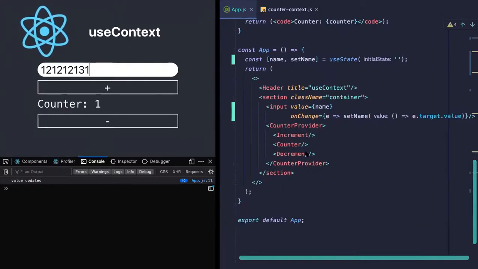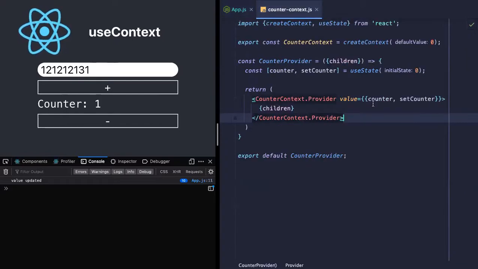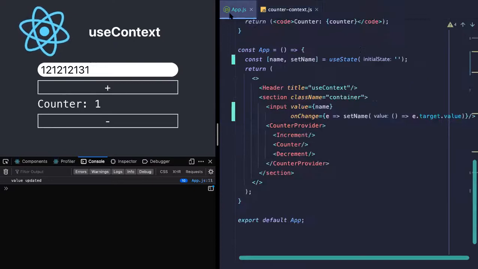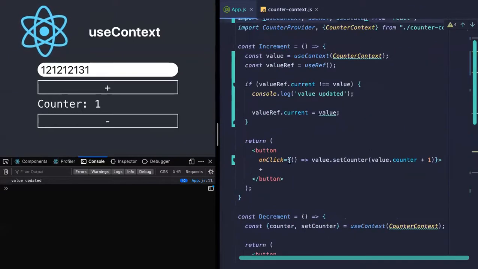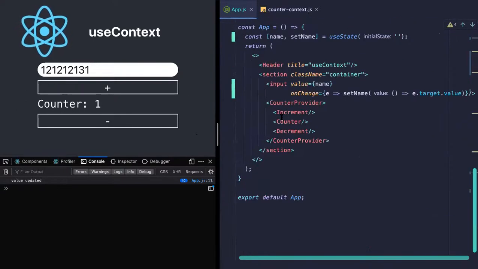So that does mean that our object is again getting created, and we are always getting a new object in the context. So in our case, in the increment, we are getting a new value from the counter context every time there is a re-render on the provider itself.